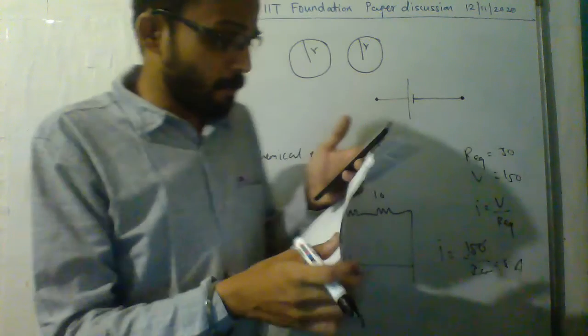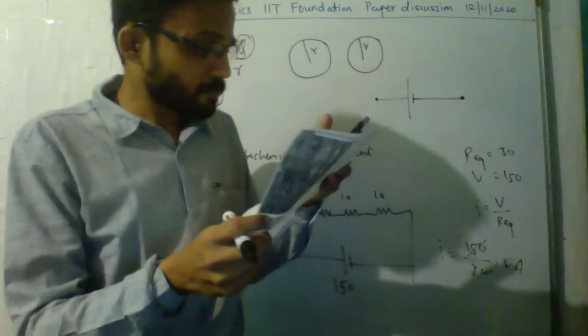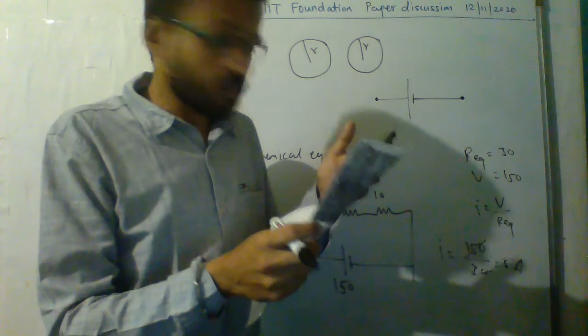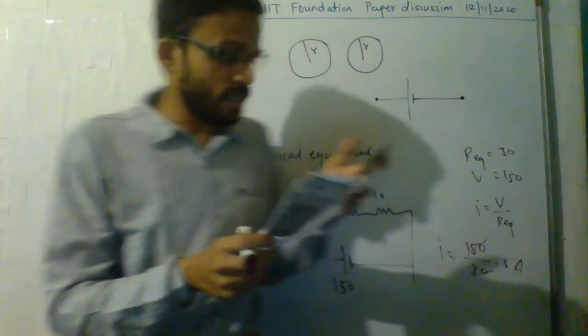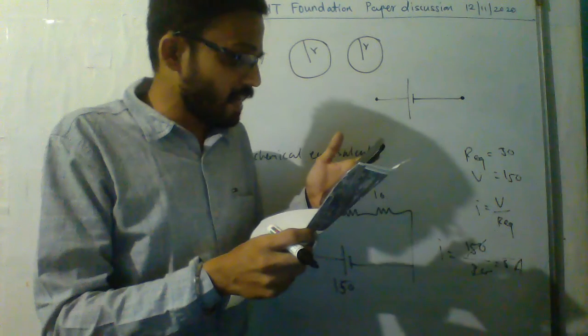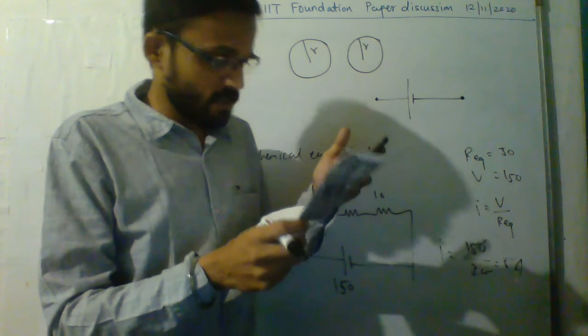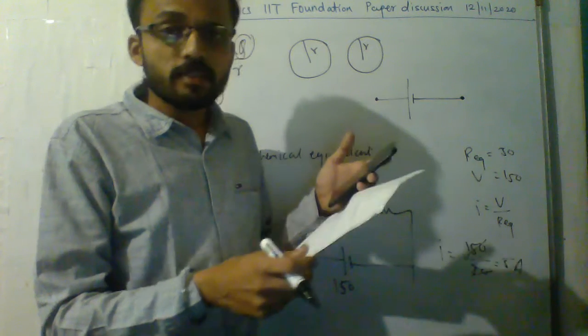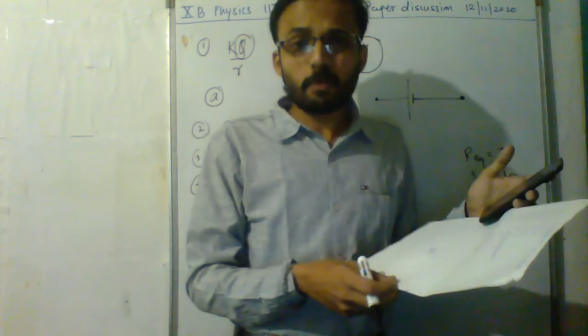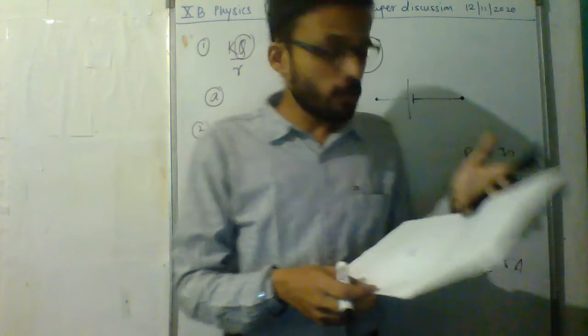Now, AC generator, maximum number of lines of force pass. Lines of force means magnetic field lines. They pass through the coil when the angle between the plane of the coil and the line of force is. That should be in the form of sine, so sine 90 is 1. So that will be 90.